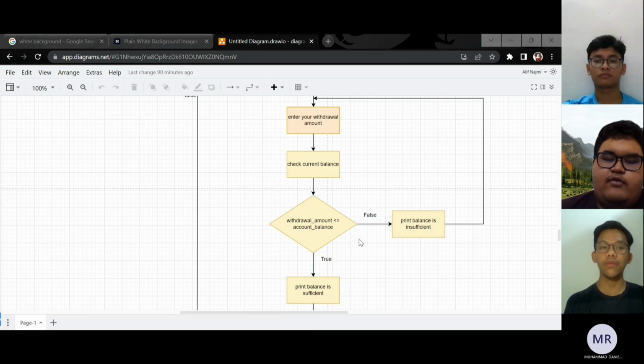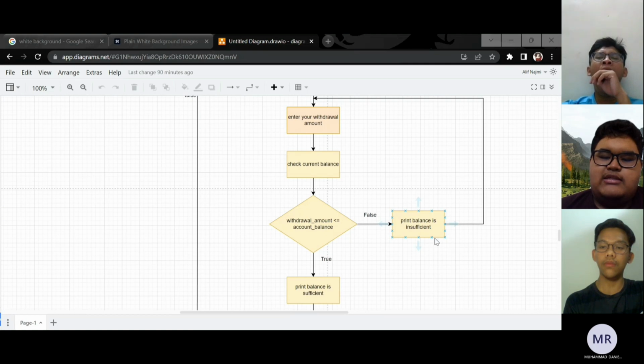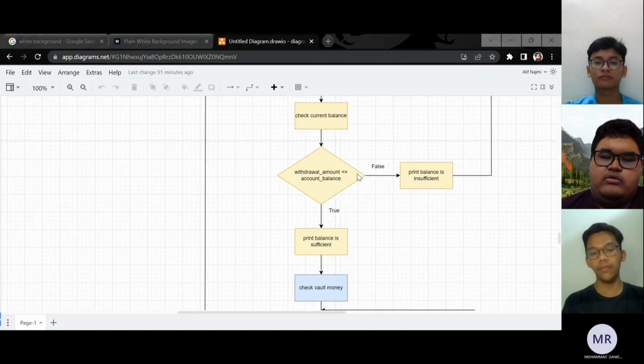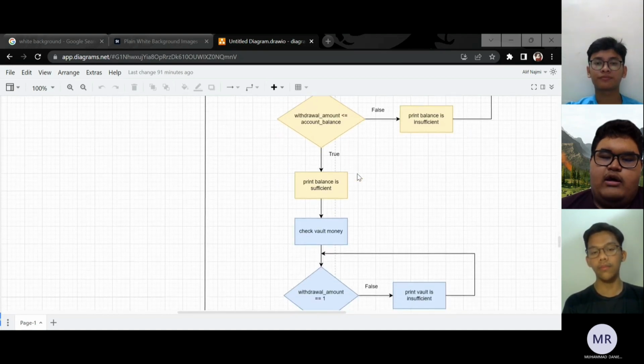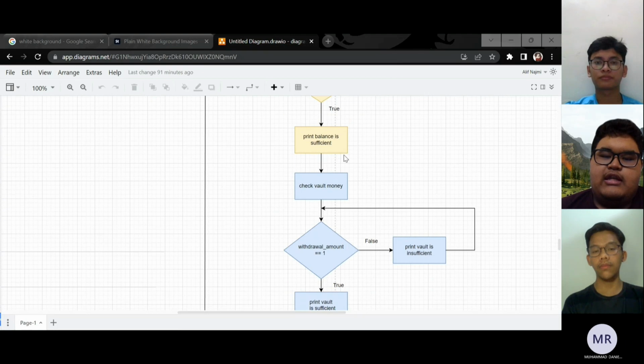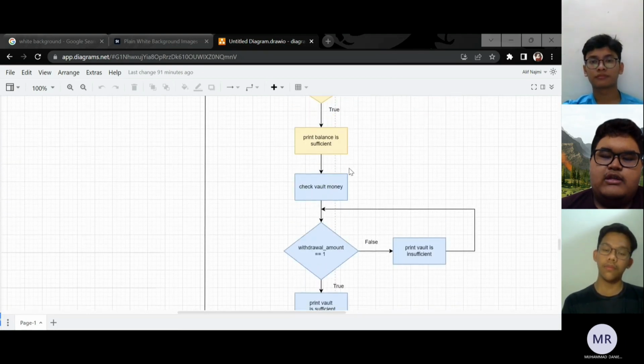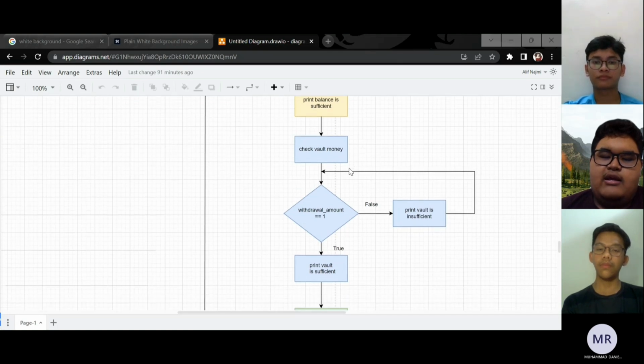But if the withdrawal amount is more than the account balance, it will print balance is insufficient. So it will go back to enter your withdrawal amount until we get the right amount. Okay. If the withdrawal amount is less than or equal to the account balance, it will go to true, and then the system will check the vault money,